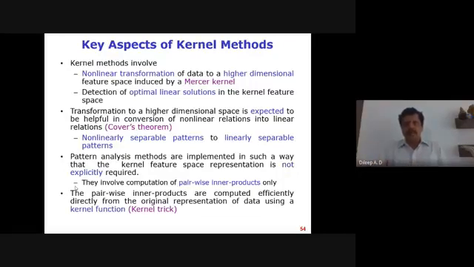I hope that you understand the inner product operation. So the inner product between a pair of examples in the transformed space is equivalent to some kernel operations. So if I'm able to come up with an inner product kernel function which indirectly specifies this inner product operation in the higher dimensional feature space, then I'm fine. That is important, so keep this in mind. I'll come back to this kernel trick in 5-10 minutes, so this concept will be clear at that time.